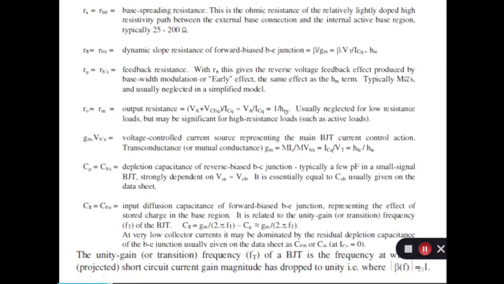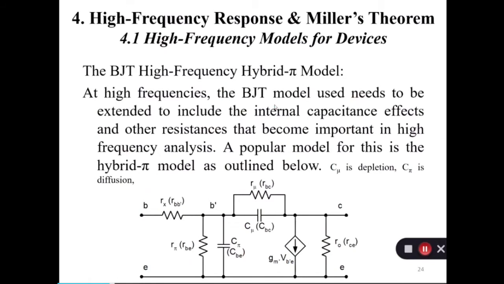I will give you values if required in the assessment to solve the numerical. Now you know about Gm, you know that VB-E. Be careful, this VB-E is the voltage across B dash up to emitter. This is not the voltage from B to E, this is the voltage from B dash to E. So all the parameters are simple. The main work or main process is here.